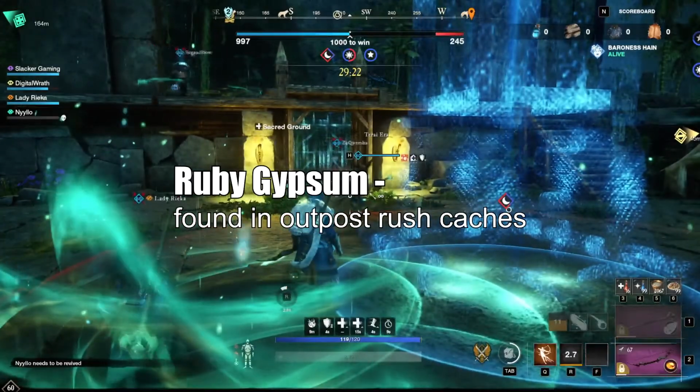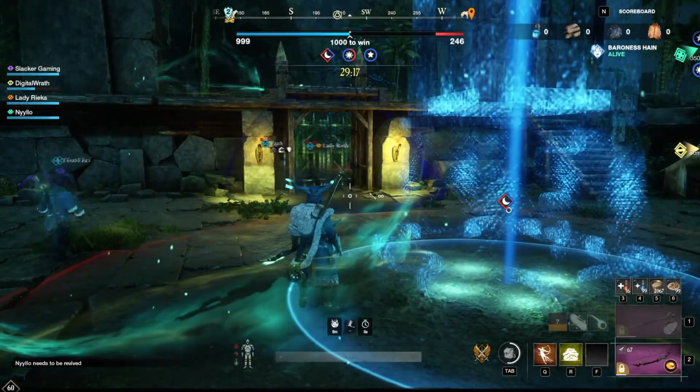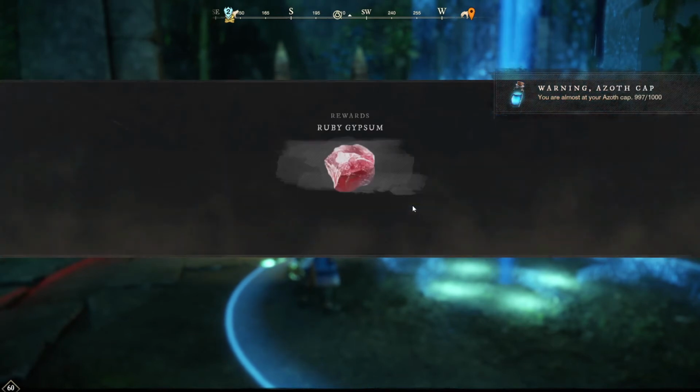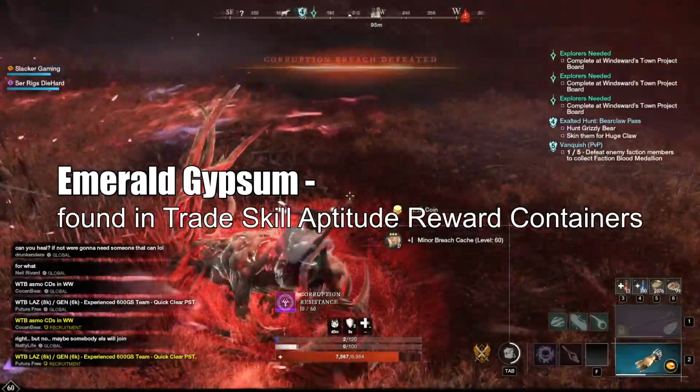The Ruby Gypsum is found in Outpost Rush caches, and basically if you play 2 Outpost Rushes a day, you'll get 2 Ruby Gypsums. You can't get any more than that, so once you get 2, you don't have to continue to play Outpost Rush. Next one is the Emerald Gypsum, and this is going to be found in the trade